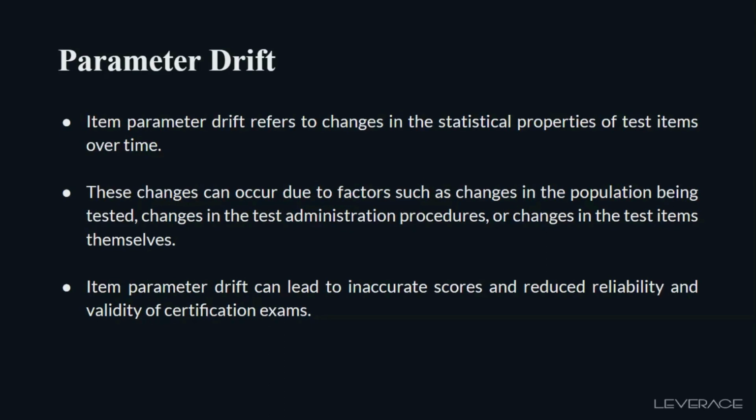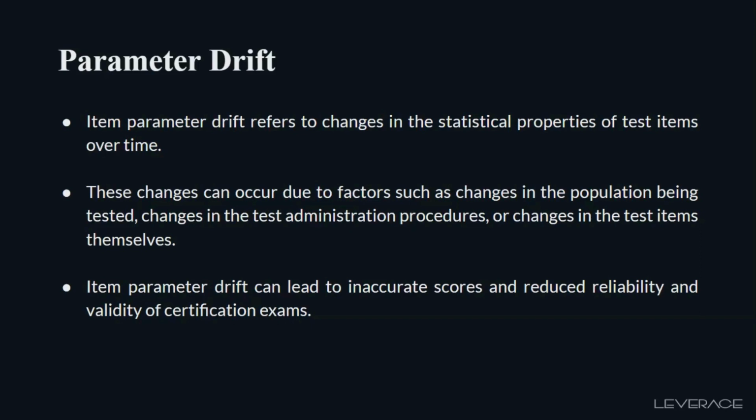Sometimes when the characteristics of test takers change, there may be a tendency that a particular test item begins to experience what is known as item parameter drift, or simply drift. So we carry out this technique to find out which of the items may have started to drift. So therefore,